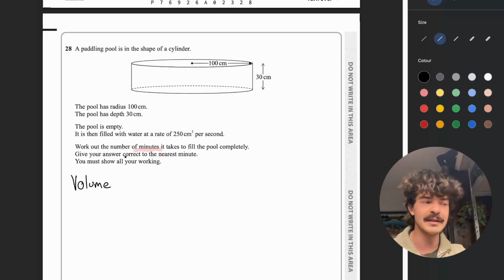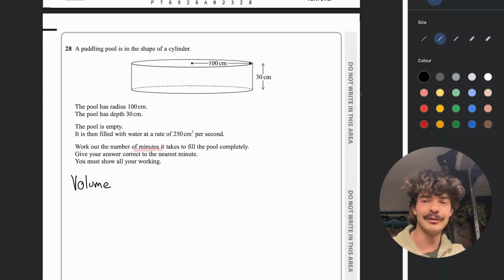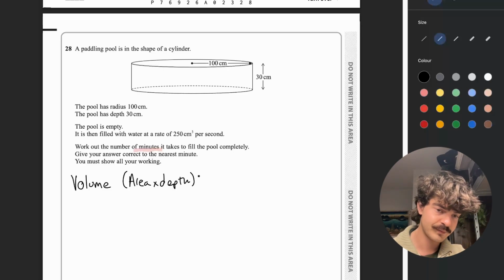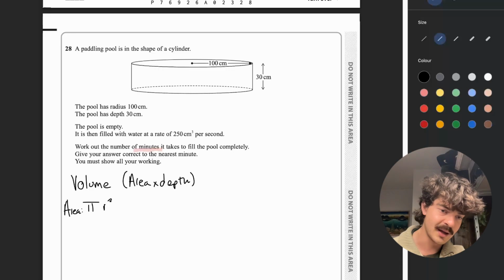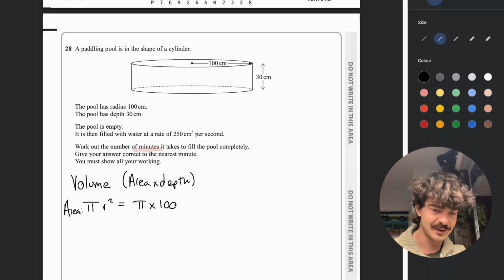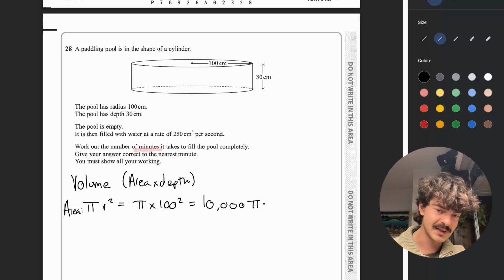Now, the volume of a cylinder is found in the same way that you find the volume of a prism. It's found by finding the area of the shape at the top and then just multiplying it by the depth. So in our case, we need to find the area of the circle. Let me just write this clearly. The area is going to be pi r squared. You're going to need to remember that formula. And then pi times this 100 squared. What's that going to give us? That's going to give us a big number. 100 squared is 10,000. So we've got 10,000 pi centimeters squared as our area. Then to get the volume,